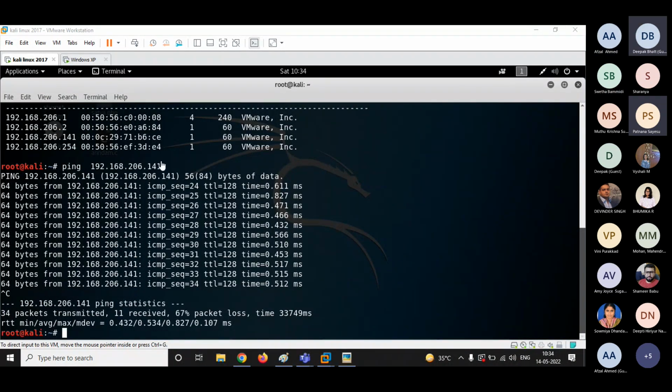All right. See, I typed the ping command and I got the result, guys. Now, can anyone tell me what is the target machine? Windows. Why? Because the TTL value is 128. Correct. But guys, over here the TTL value is 128, so it is Windows. But we do not have any idea which Windows it is.